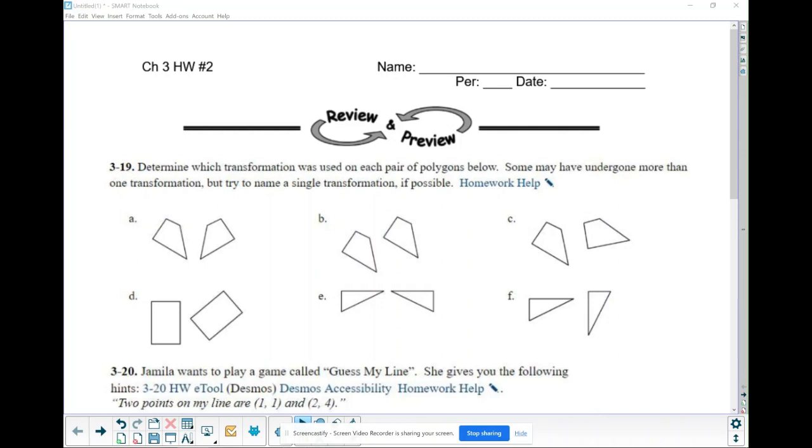This is homework number 2 for chapter 3. Looks like we have 3 to work on tonight. Let's see, determine which transformation was used on each pair of polygons below. Some may have undergone more than one transformation, but try to name a single transformation if possible. All right, so